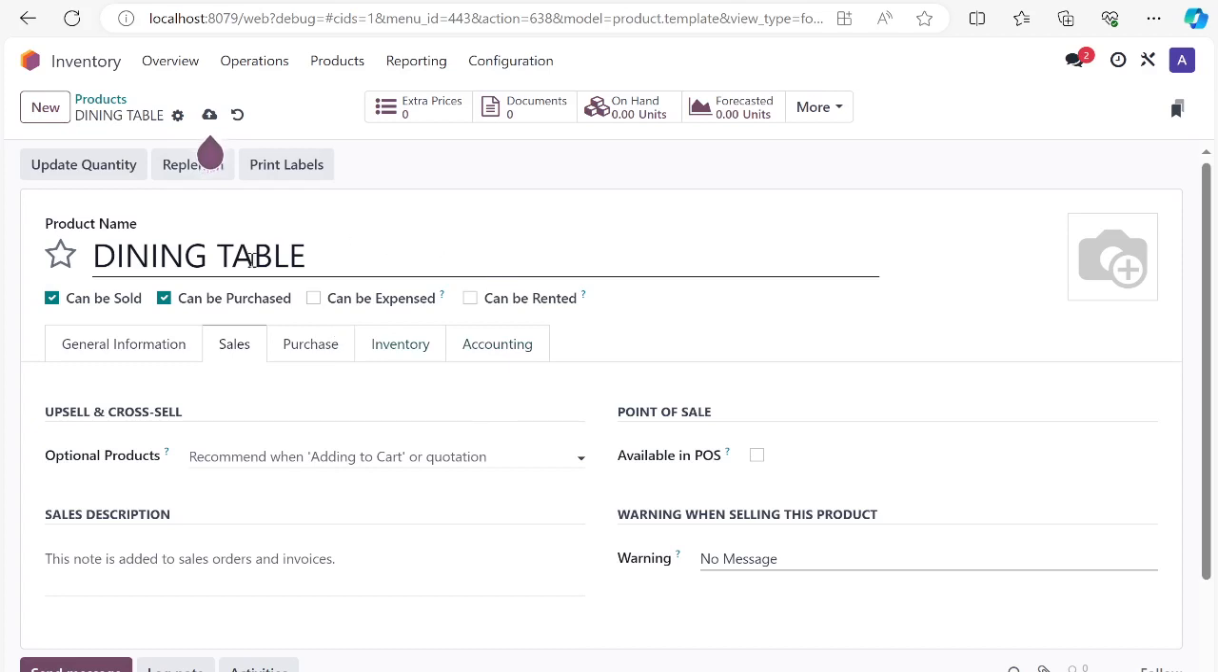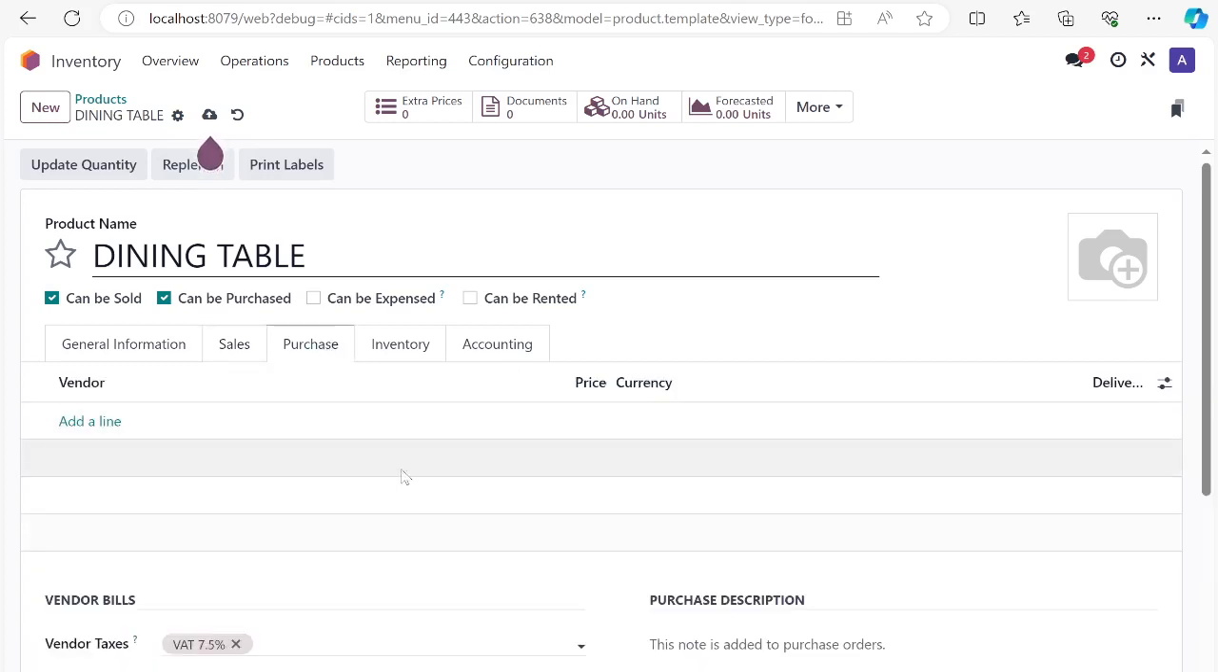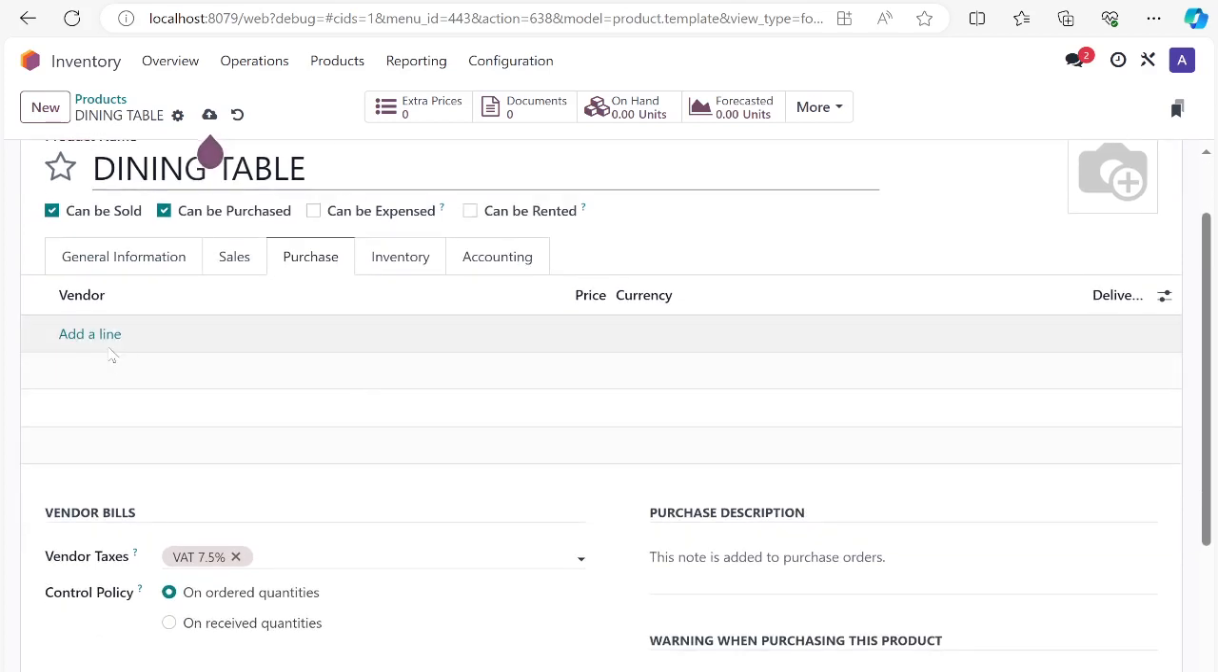If I'm selling this dining table at the shop, a retail shop, I can enable it to be on the POS, so I can sell it via POS. Then we can set different warnings about these products, maybe a block message warning. Anytime anybody wants to sell this product, there should be a warning to the users. Then I can also add the vendor that supplies this table. Even if I don't have the vendors, the system will automatically add the vendors for me as I keep purchasing